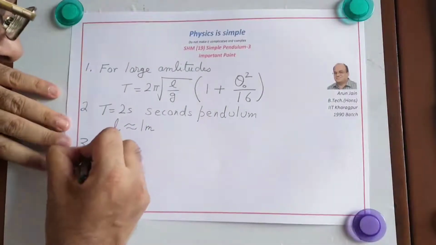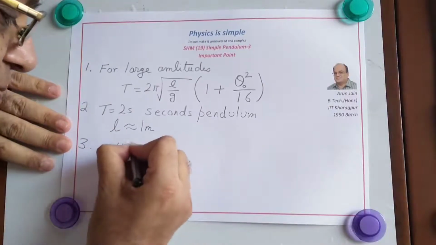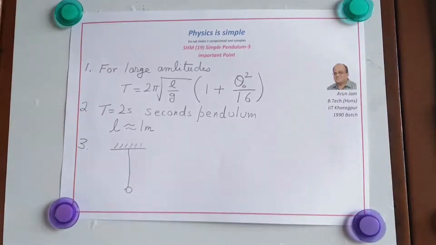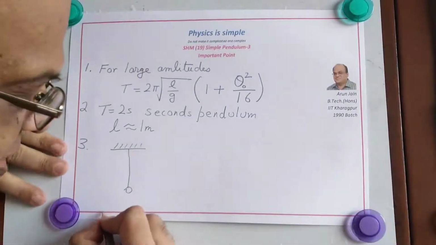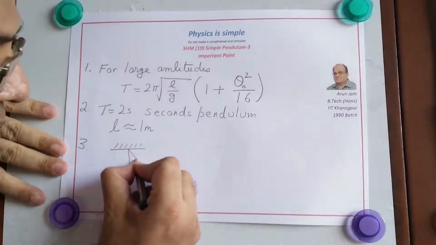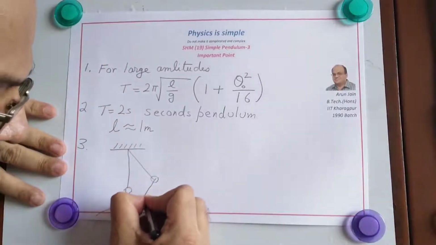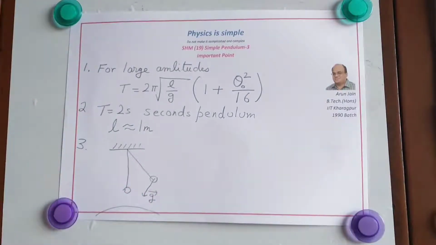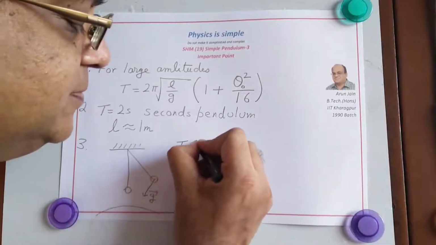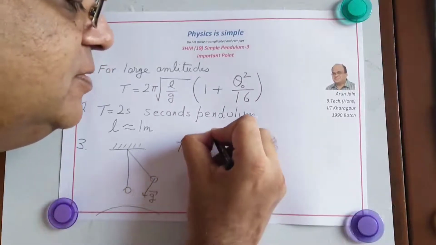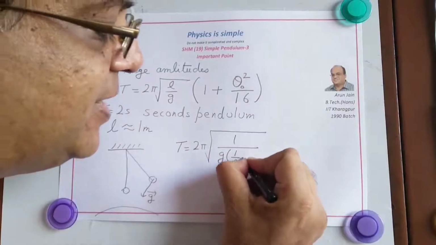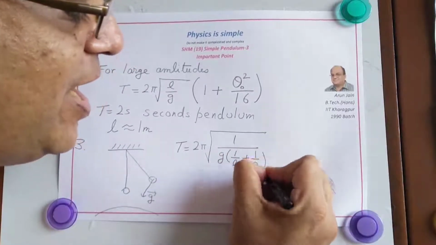If the length of a pendulum is large, so this is a large pendulum, then g no longer remains vertical. g will be directed towards the center of the earth. So in this direction. So g will now be directed toward the center of the earth and the time period comes out to be 2 pi root over 1 divided by g multiplied by 1 by L plus 1 by R, where R is the radius